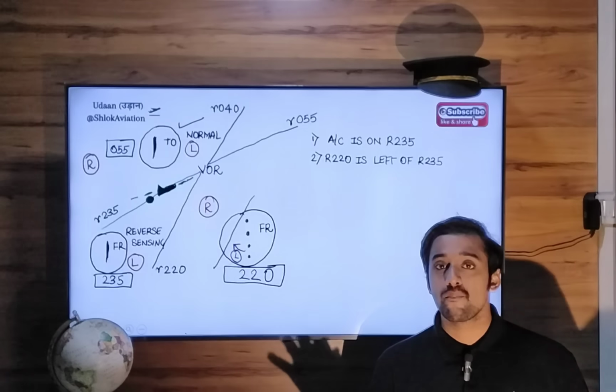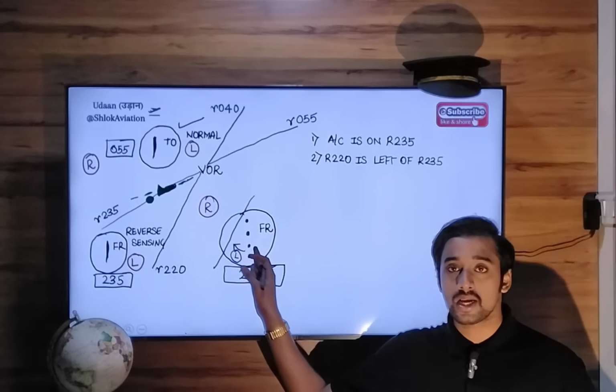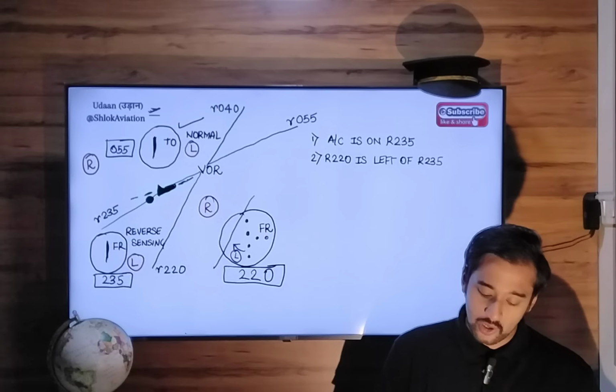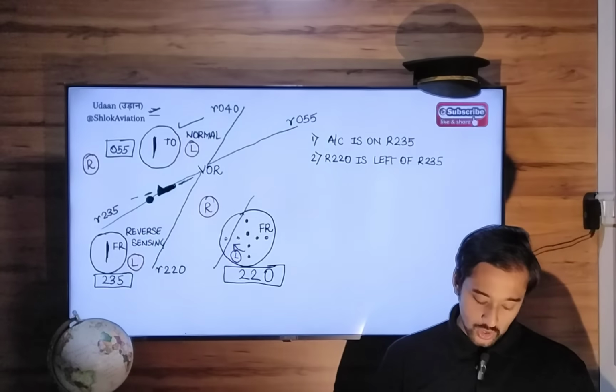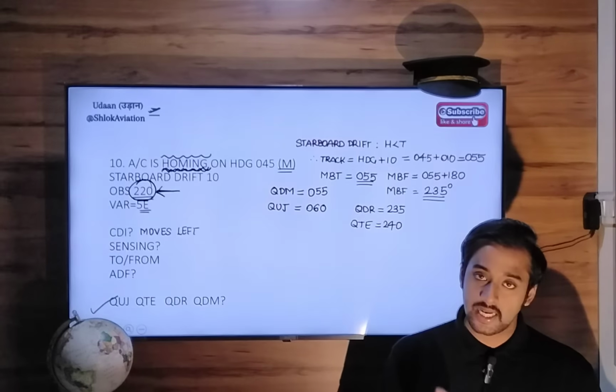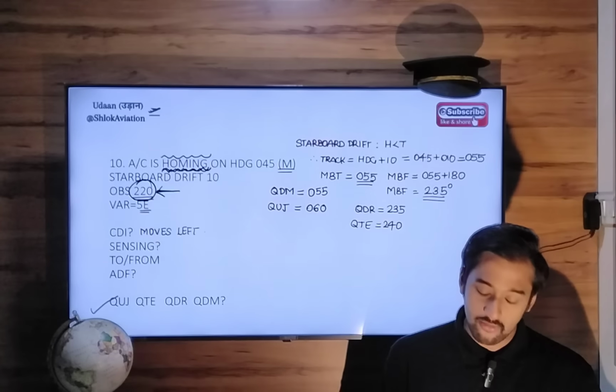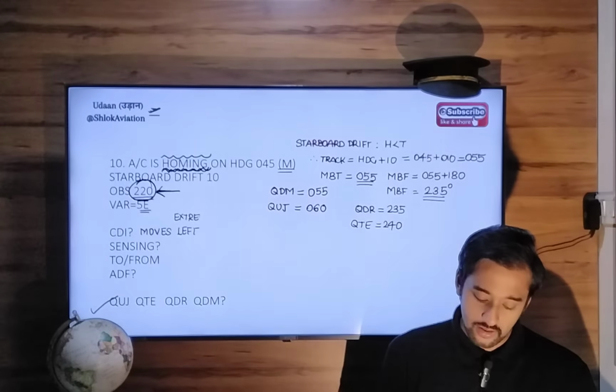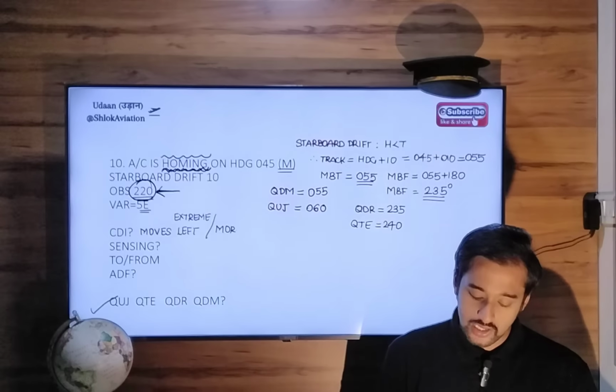We don't have more than 5 dots indicated on the instrument. So how will you write this answer? The CDI will move extreme left or more than 5 dots